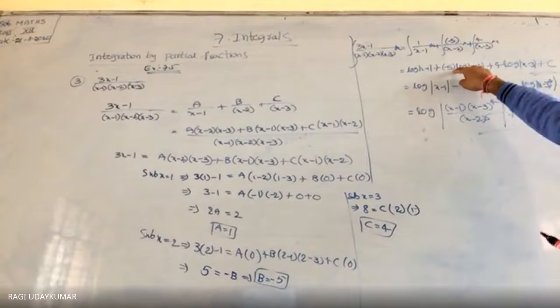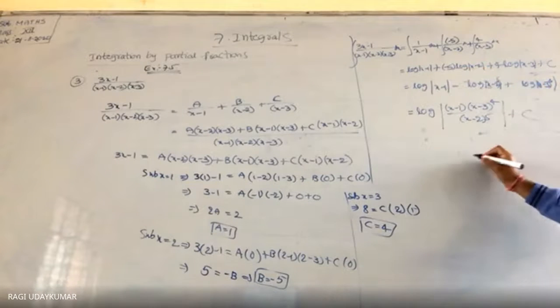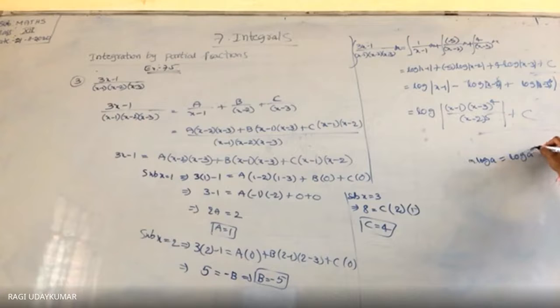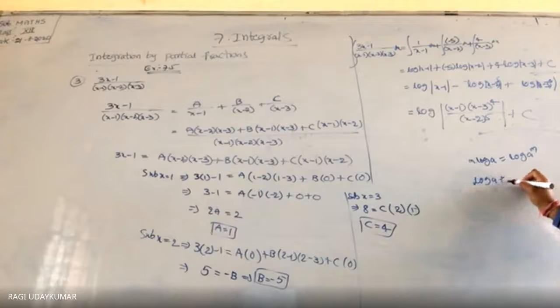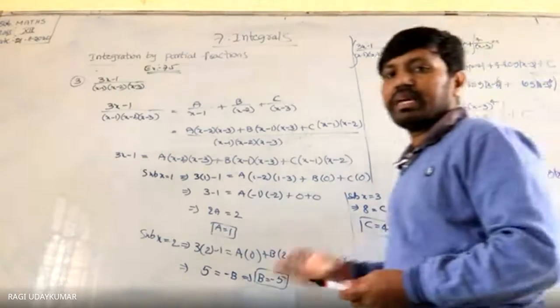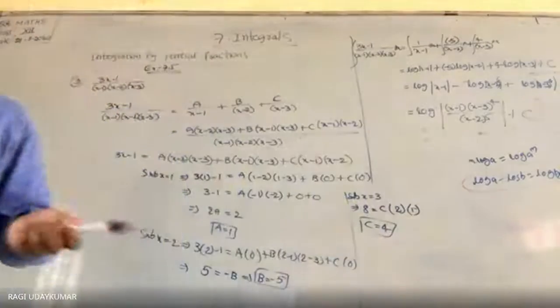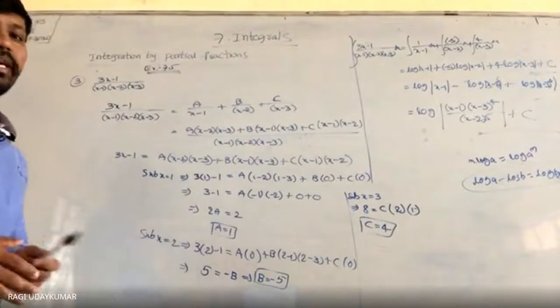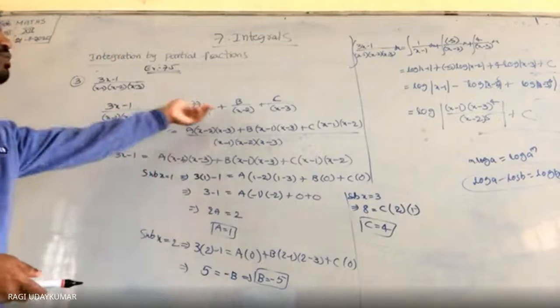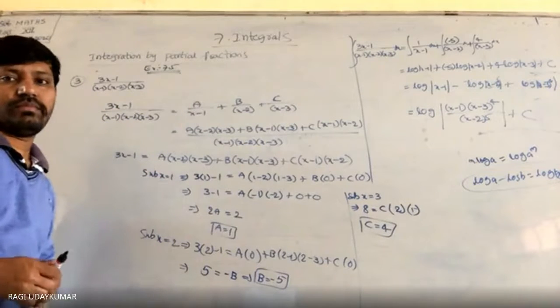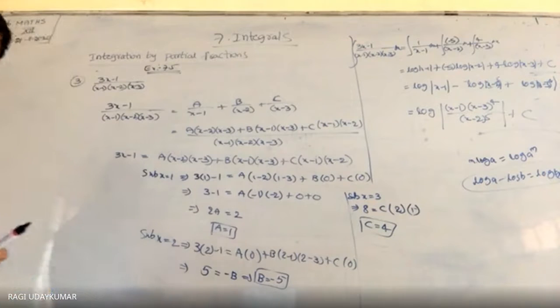What I did here, logarithms you need to know. Otherwise, you cannot. See here, m log a is equals to log a to the power of m. ये यूज कर लिया. Logarithm of a plus logarithm of b is equals to log a into b. माइनस होता है तो log a by b. So these I have used. समझ में आया? Main problem is here what we are splitting the given function into the partial fractions. This is one model of the problem. Okay? समझ में आया?